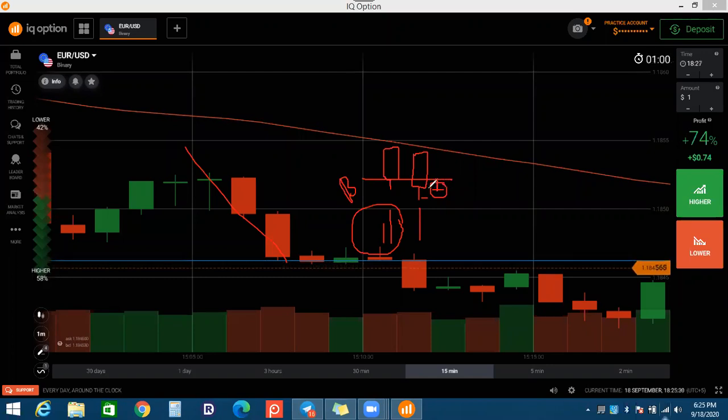So what will we do? If we want to take a sell option, we will sell above the entry point. When the candle broke the level, we will sell here. There are some chances that the market will close below the level.